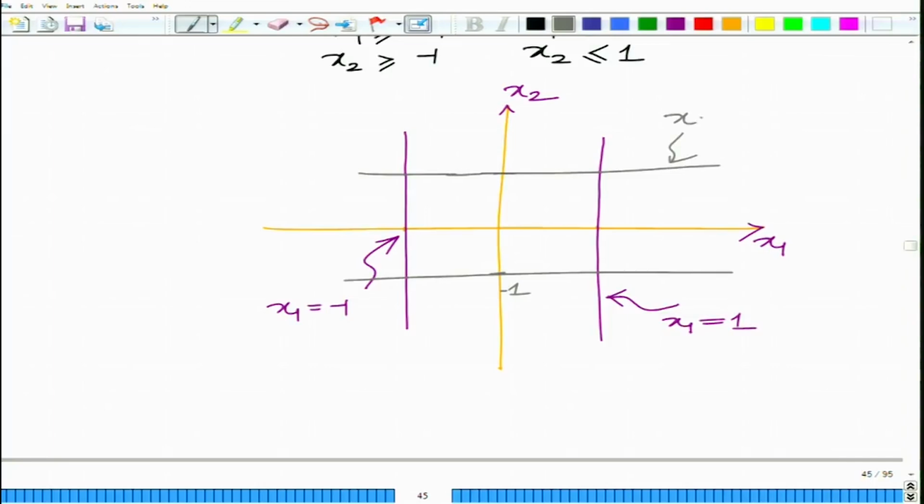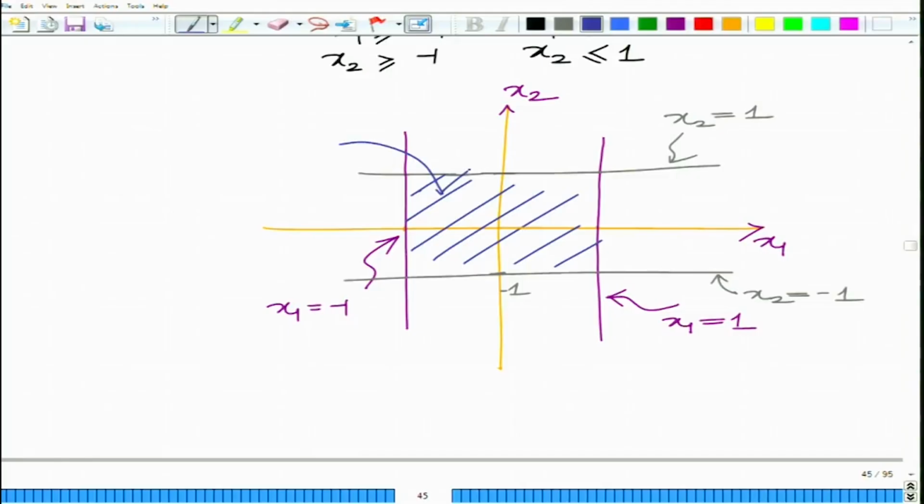So, this is the hyperplane x2 equal to 1, this is the hyperplane x2 equals -1, and if you look at this square region, now you can see the square which is formed by the intersection of these hyperplanes. This square is a polyhedron which is convex, that is the important thing. So, square is a polyhedron,